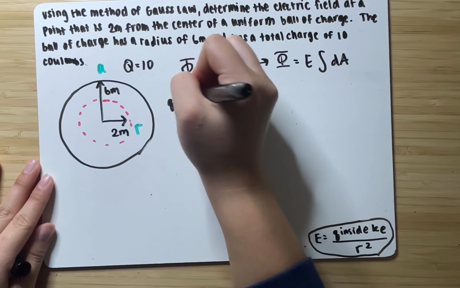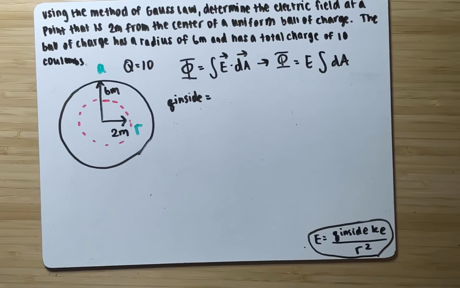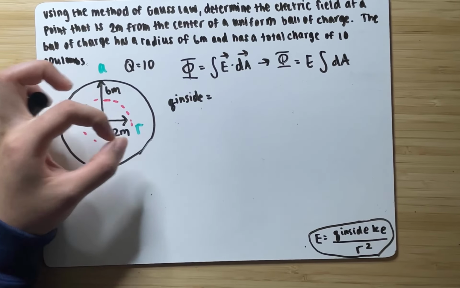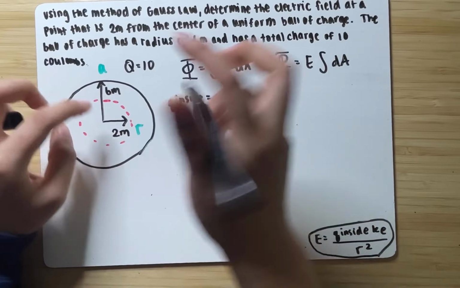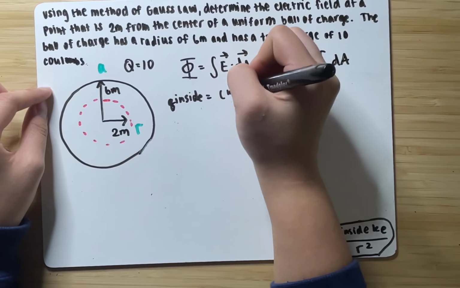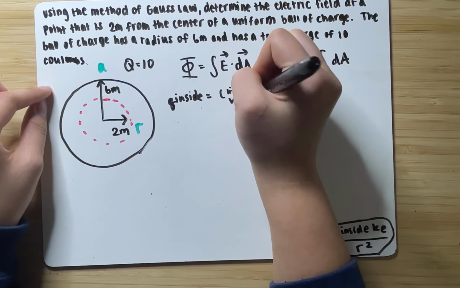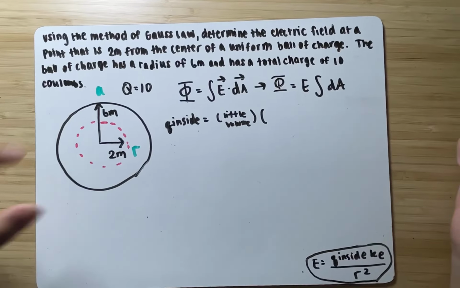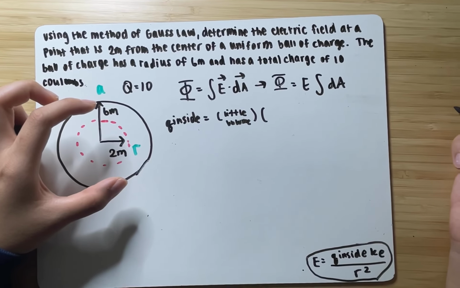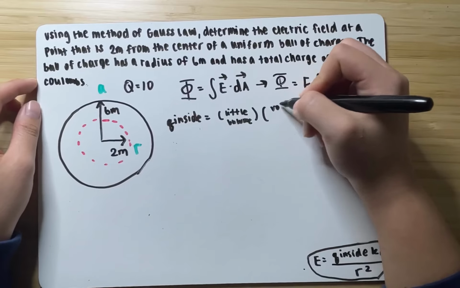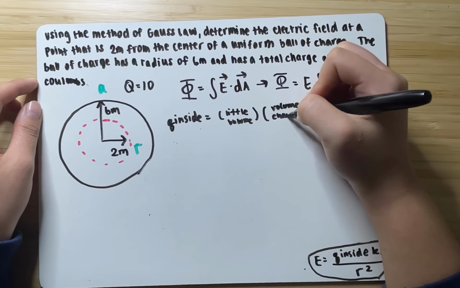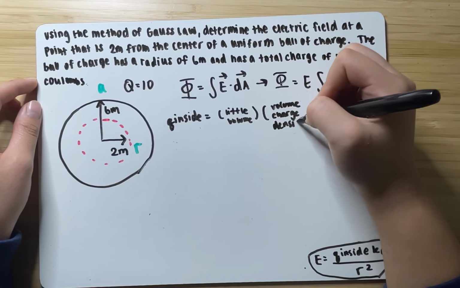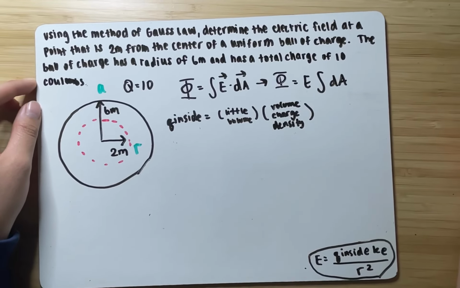Q inside, the charge inside, you need to understand that to find the charge inside, you're gonna have to find the volume of this shape. We're just gonna call it little volume of this shape. You're going to multiply it by the volume density, volume charge density. Okay, so